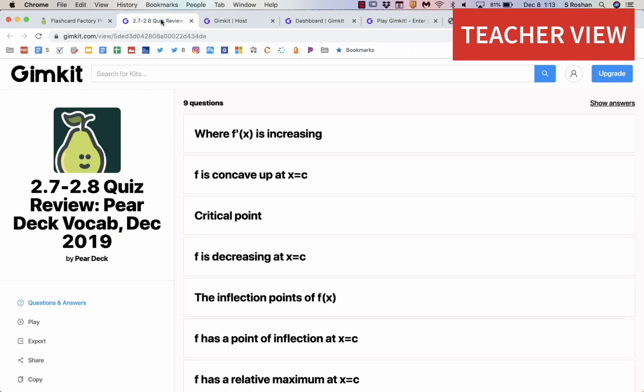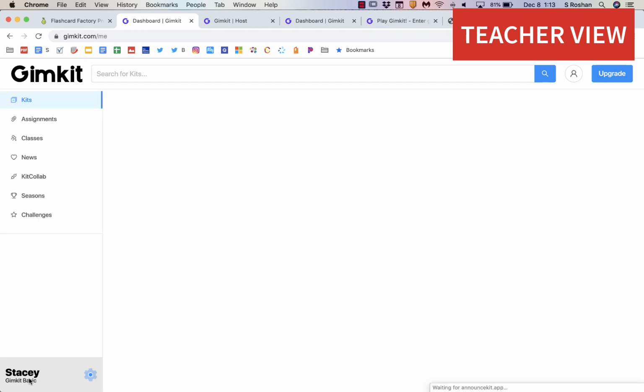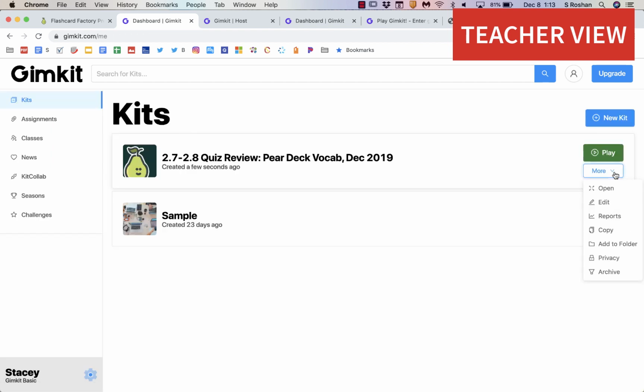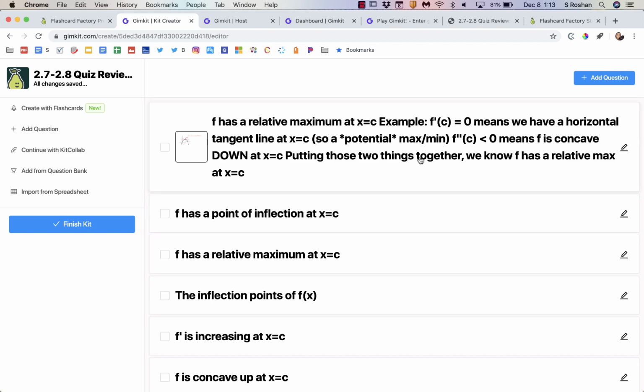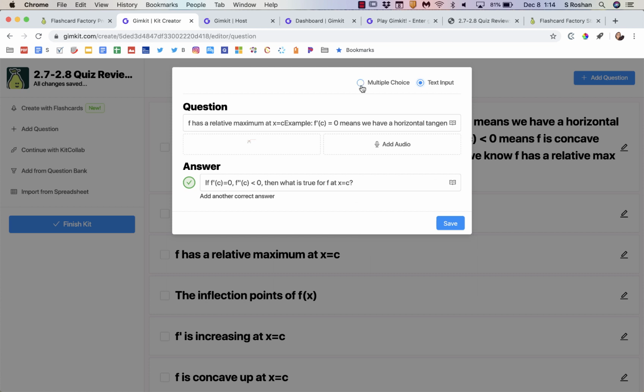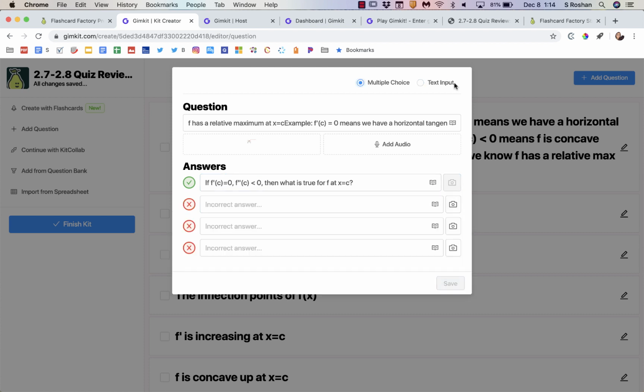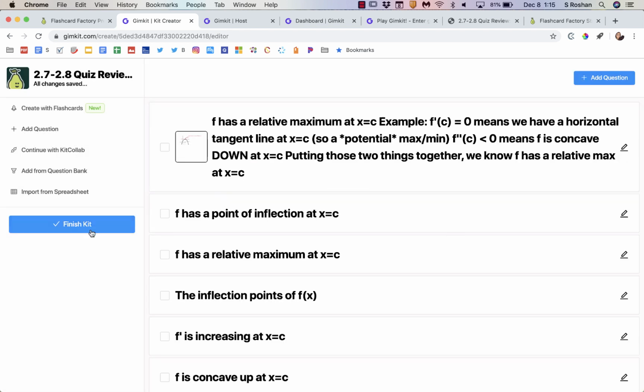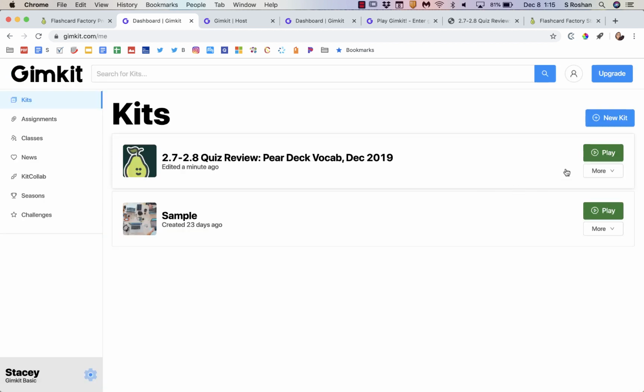If you do want to add this to your account, you can just copy it right there, and then we'll copy into your account. That would also give you the option to edit the set if you want to change any of the questions or the answers. You can just edit the question right there, and you can change the multiple choice answers that are given. Also, if you didn't want it to be multiple choice, you can change it to text input. But then keep in mind that for students to get the answer right, they have to have the exact same answer that you gave, so that can be difficult. Once you made all the edits that you want, you can just finish the kit and then you can play